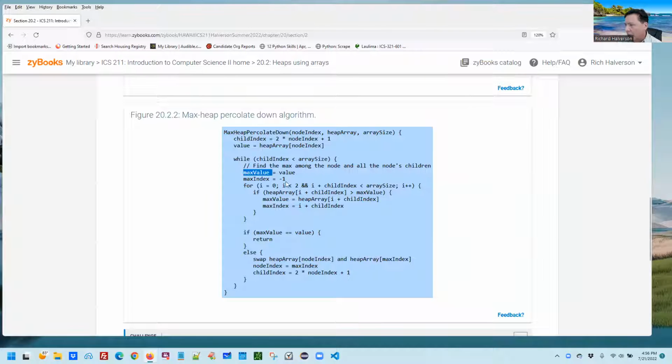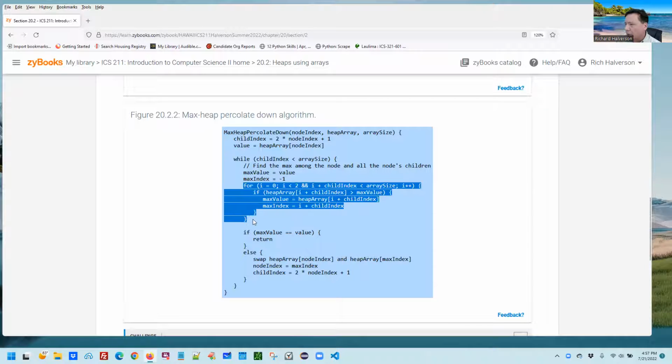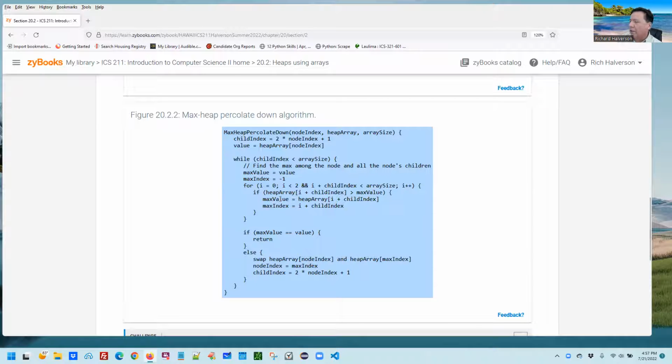Max value is going to figure out what the maximum value is of the node that we're percolating. This is the node we're percolating, and this is the value of the node we're percolating. So the max value begins by being set equal to the node that we're percolating down. And then what this for loop does is it figures out if